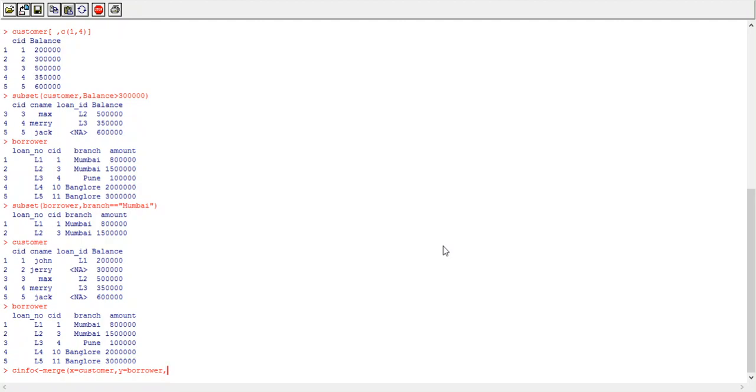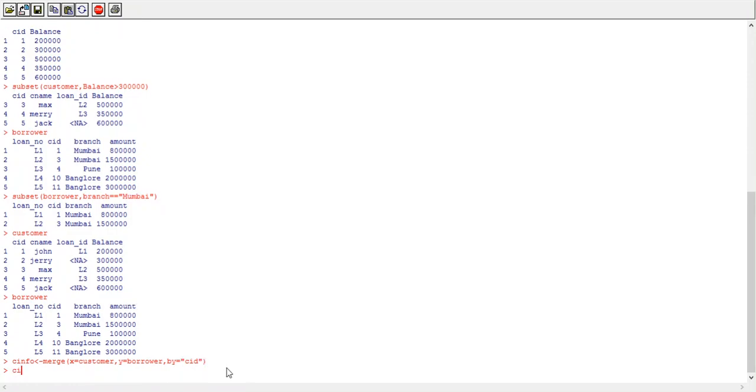Okay, now since we are performing inner join operation, there is no need to use all parameter. Okay, because this operation will select only matching data from both the data frames. So we need to specify only column name by which we want to perform inner join operation. So here my syntax is C info. I am creating a new data frame by merging customer and borrower data frames together, and for this merging I want to perform inner join operation. Okay, so this is my example. So we'll verify the result.